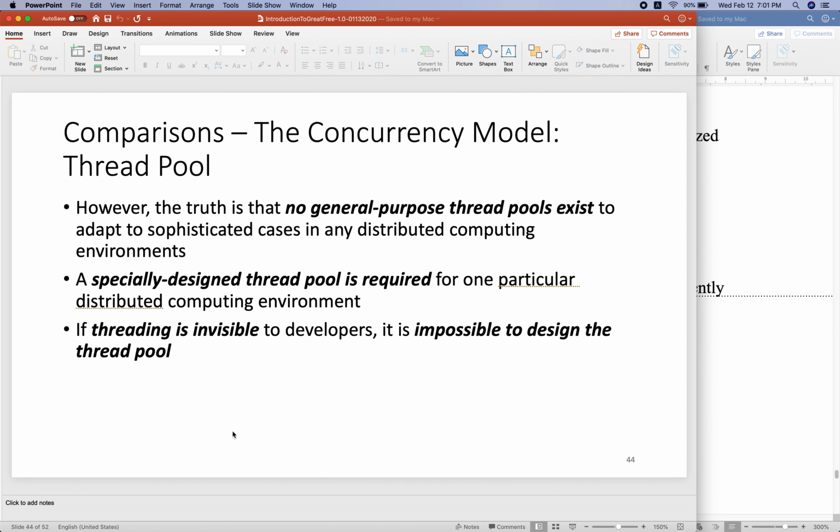So there are so many different scenarios. It's impossible for us to use one omnipotent thread pool.